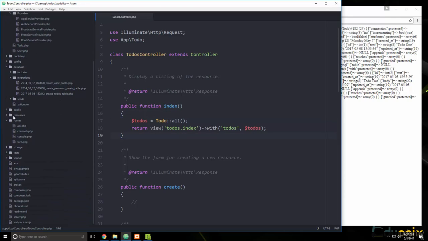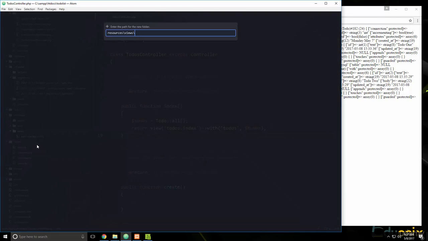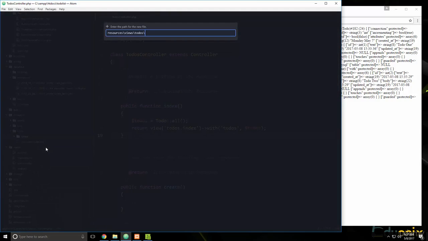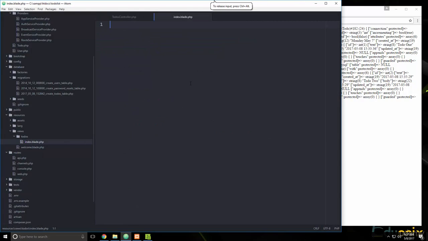So we'll go down to resources, views, and let's create a new folder called todos. And in here we'll create a file called index.blade.php. Alright, and then this is where we can access the to-dos that are being passed in. So let's put an H1 here,